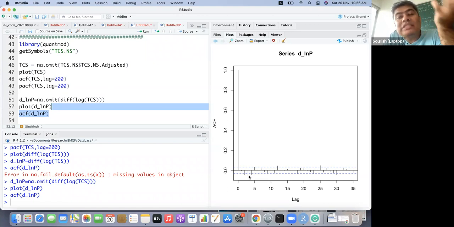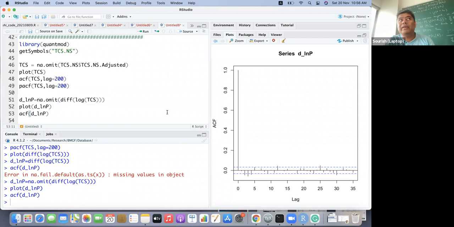Would you like to invest your money based on 0.04 correlation? I would not, right? So that is where the whole story comes in. You have to be very careful. And that's why many people say that you can't make money using technical analysis in the stock market.